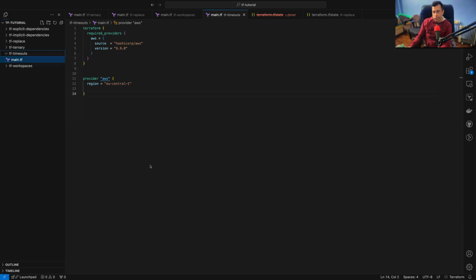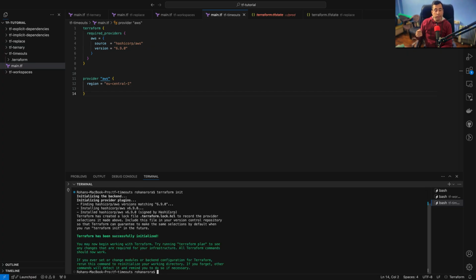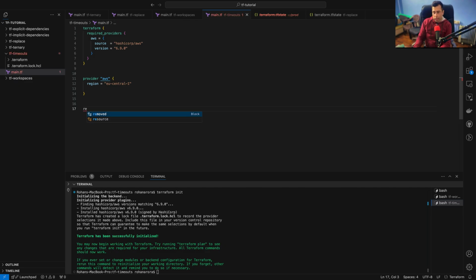And of course, you can just initialize this working directory to install the necessary provider plugins before we can get started. As you can see, the provider plugins are getting installed, and thereafter we'll include a resource block, which will also include the timeouts block. This has been done. So let's go ahead and declare a resource, and this resource would be for my